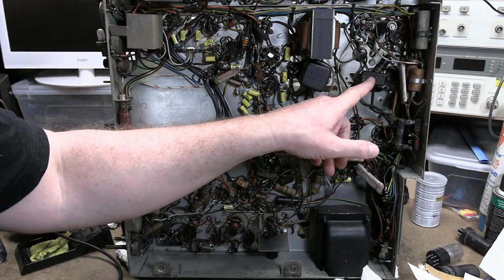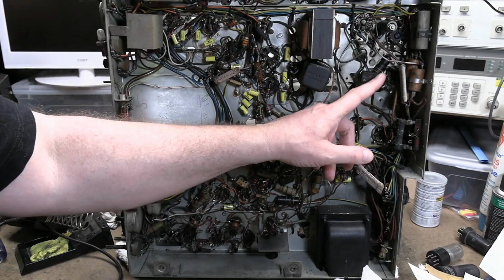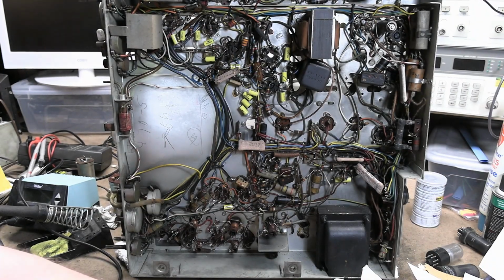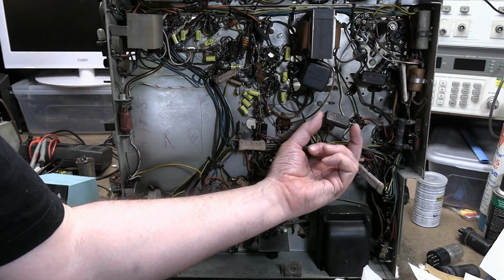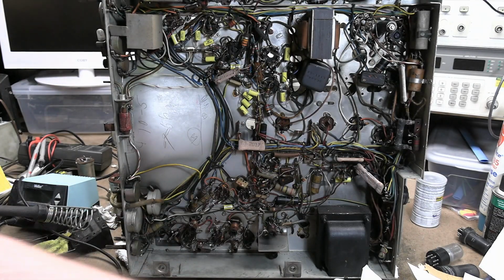This one, however, brown, black, red, 1 0, 2 more zeros, 1000 picofarad. That is what the schematic calls for exactly in this location with those connections. So I think these two are definitely paper caps. I say think; I'm leaning towards these being paper caps inside a Bakelite housing, and I think this is a 0.05 rather than